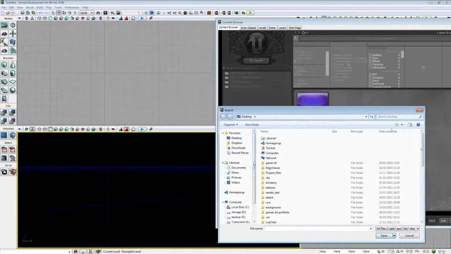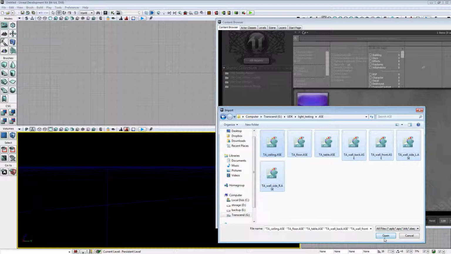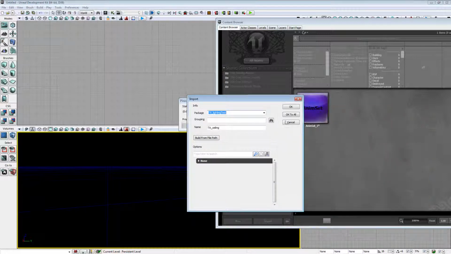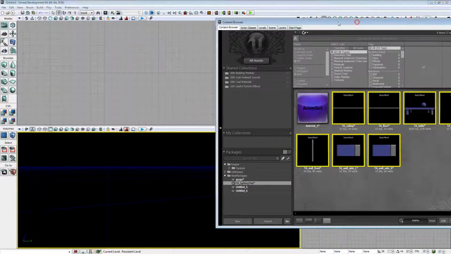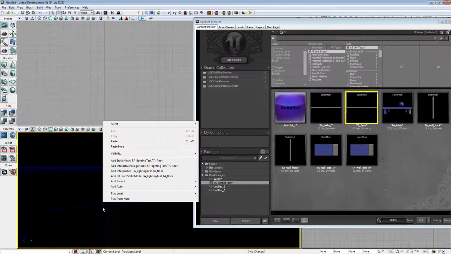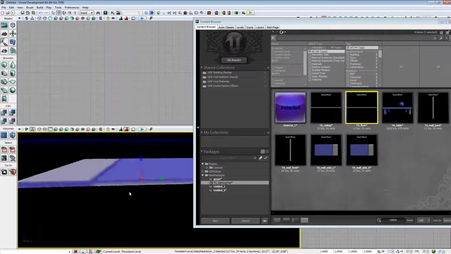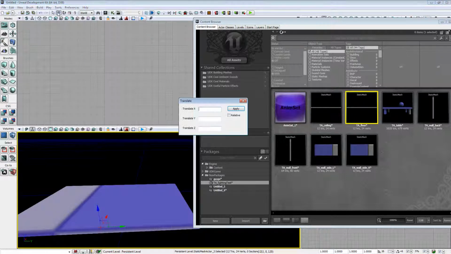If I go to import, I'm just going to select all of my models, go to open. There they are, so I've got my entire scene in there. First thing I'll do is select the floor, then just add the floor. And now if you right click on the move tab and just type in 0, 0, 0,